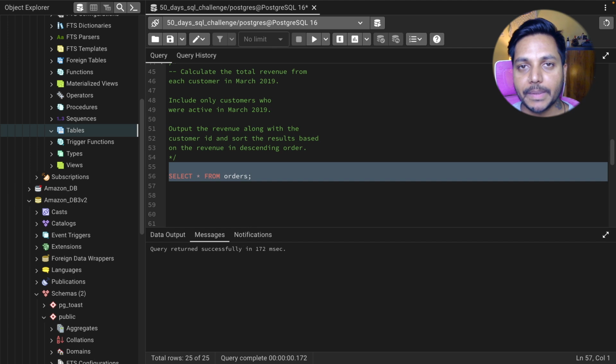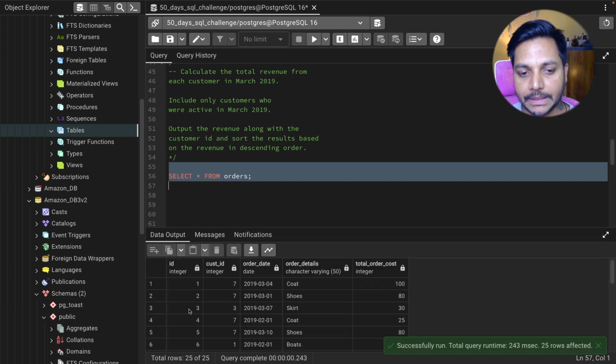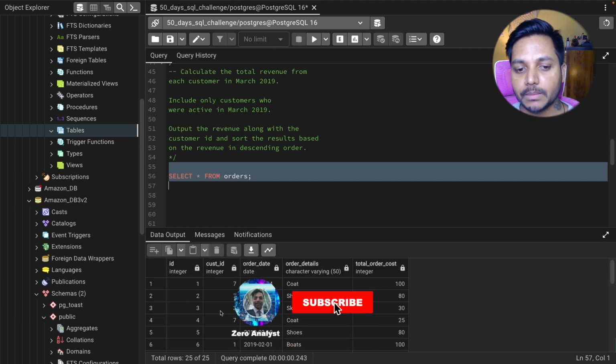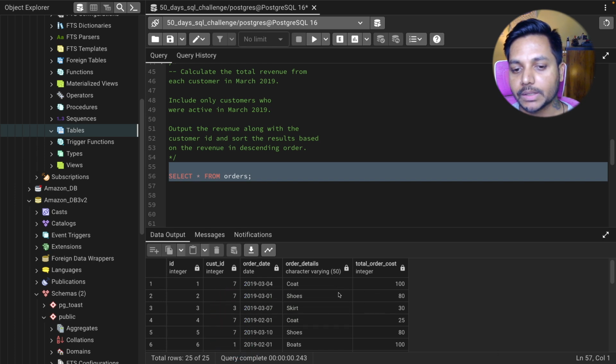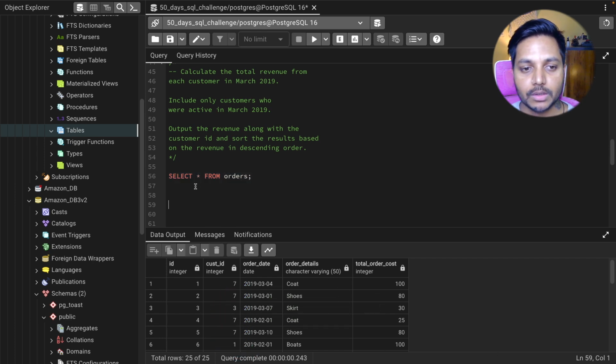Now let's see the data that we have in the table. So we have ID, which is basically the order ID, the customer's ID, order date, and the details of the order and the cost of the order. So what we basically need is to find out each customer's ID and their total purchase in the month